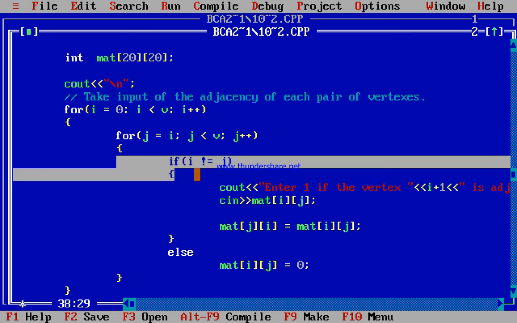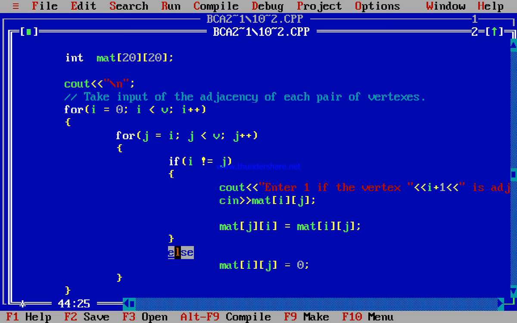If i is equal to j, that means there is an edge between the same vertices, that is, a loop exists. And if a loop exists, then the else part will be executed, in which we enter the value of matrix ij equal to 0.